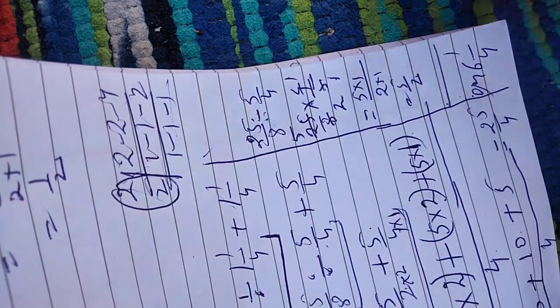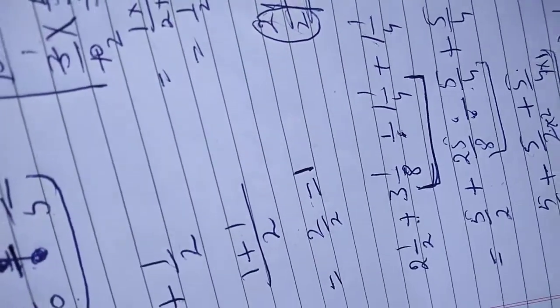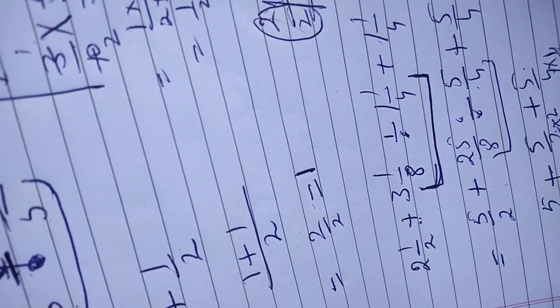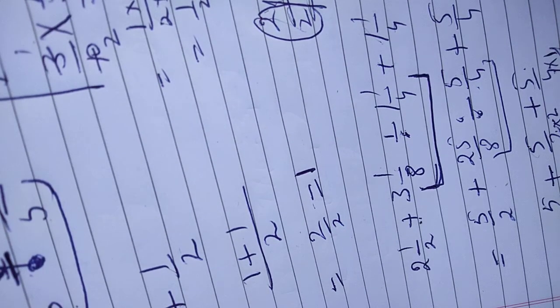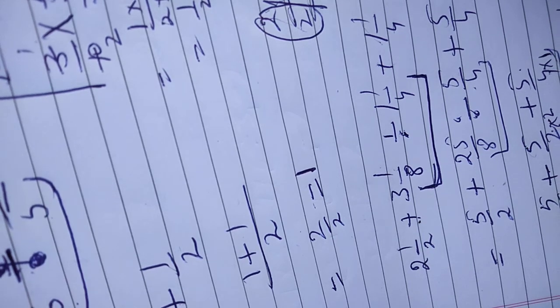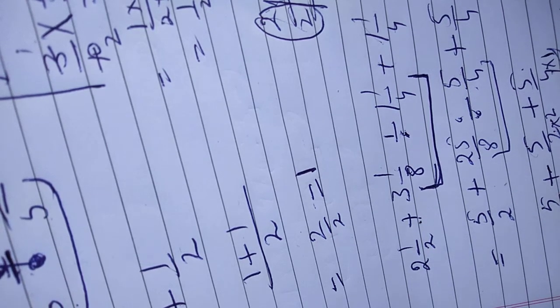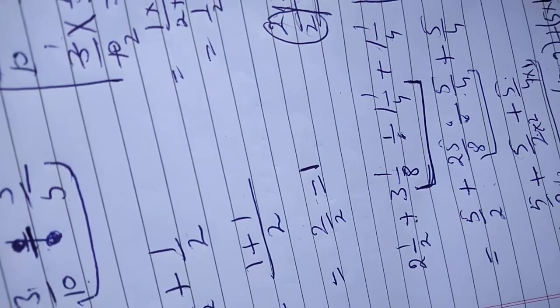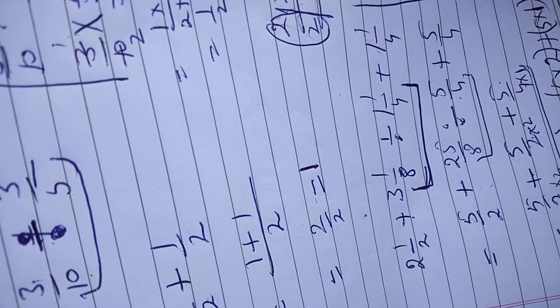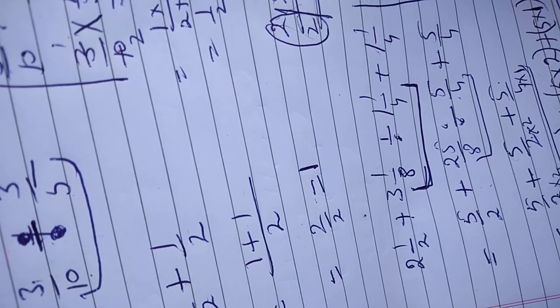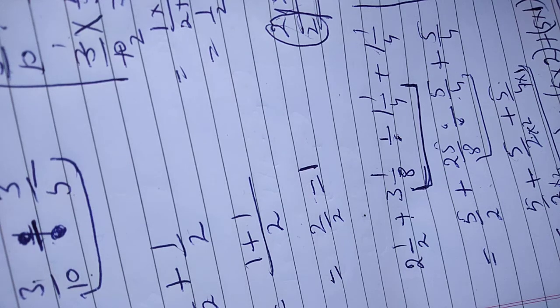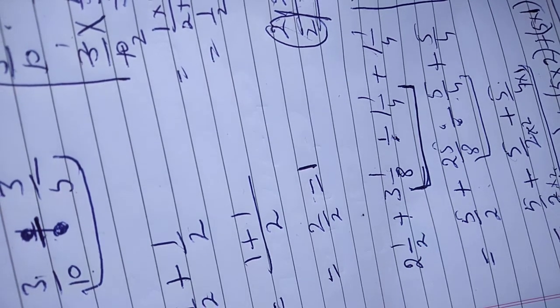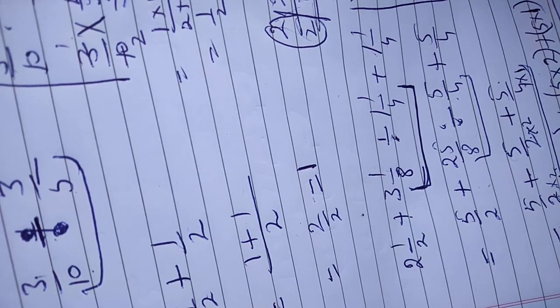That is your answer. So well students, in this way you can solve worksheet number 2, and we have to solve only D, E, F parts. Now you have to solve it. I hope you understood the method. Now you can solve the rest of the worksheet number 2, question number 1.